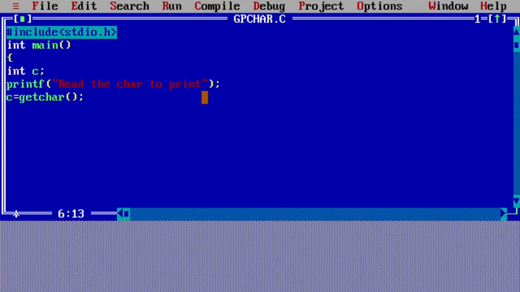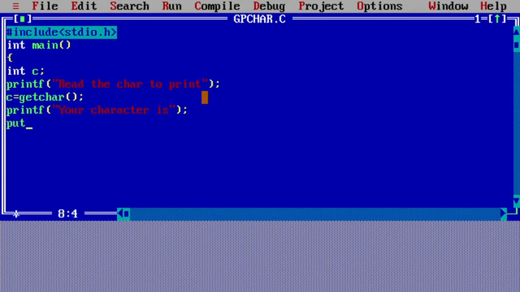So I use getchar, it reads the character, and then I display the character I read.